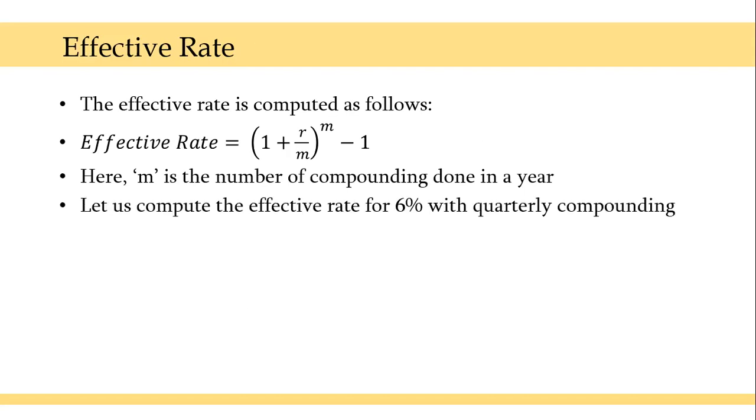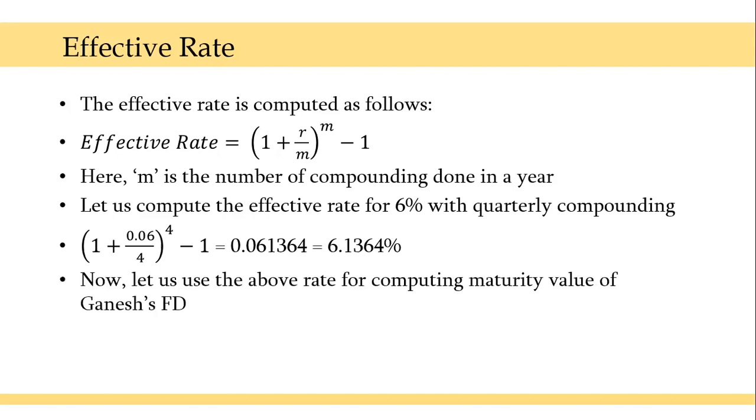Now let us compute the effective rate for 6% with quarterly compounding. What will be the effective rate? 1 plus 0.06 divided by 4 to the power of 4 minus 1, which comes to 0.061364. Converted to percentage, it is 6.1364%. What does this mean? Even if the bank announces or advertises the rate as 6% per annum, because of quarterly compounding, the investor actually gets slightly more. The investor gets